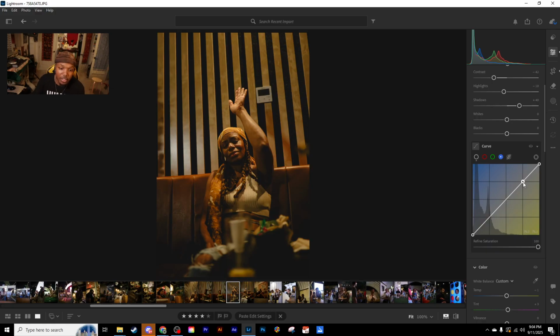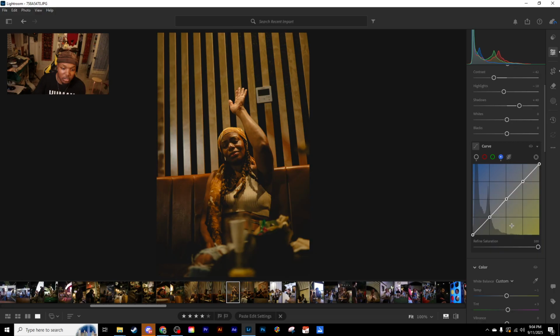So say if I wanted to add a cool little tint, right? And remember, always whenever I'm using my curves, I make sure I put one on each little thing, because I want to make adjustments that aren't going to too heavily affect other areas unless I have that specific intent. And then,